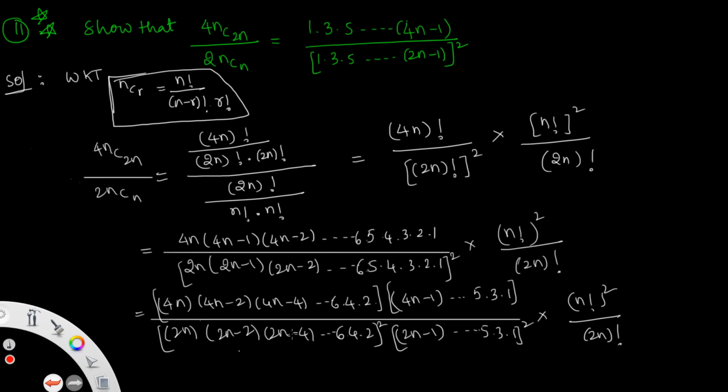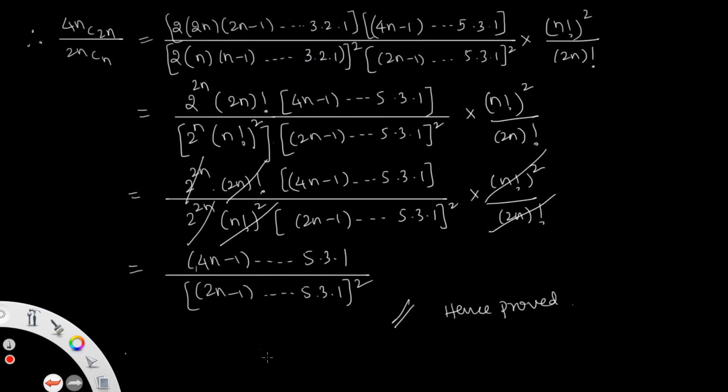Generally for calculation there is no need to take the terms common. These are only even numbers, and from these numbers there are 2n terms, so that is why 2 is common. 2 into 2n, 2n minus 1, 2n minus 2, 3, 2, 1. Similarly in the denominator, 2 common, n into n minus 1 into n minus 2, and so on, 3, 2, 1 whole square, like this. Then you go to the next one. So how many terms are in this? 2 already, 2 to the power 2n.